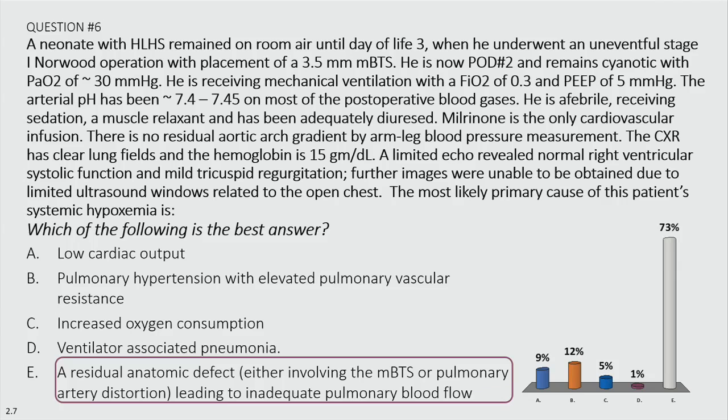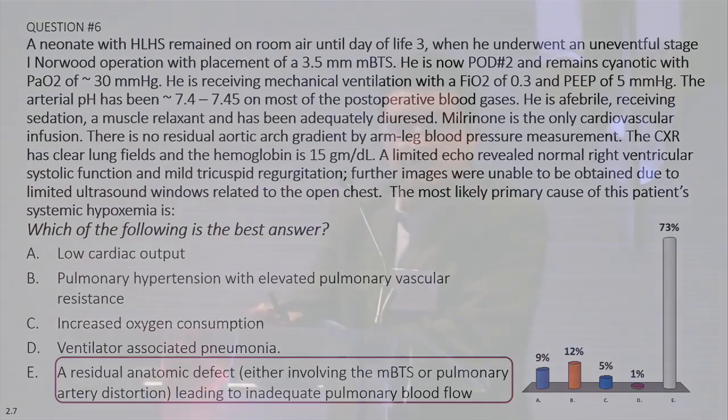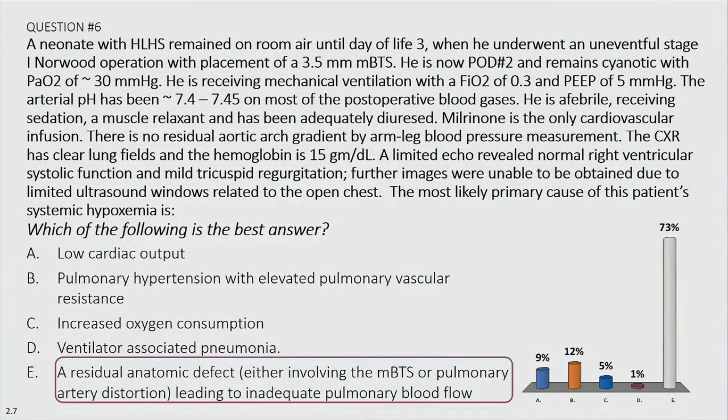Great. So there are a couple of ways to think about this question, and you can see there are several reasons why you'll be less concerned with adequate provision of oxygen content. The hemoglobin is 15, so you're well tanked up from that end. You're not acidotic. The FiO2 for now is 0.3, but by the time you get in trouble with a PaO2 of 30, you normally have cranked up the oxygen a little bit more. The fact that you see normal function goes back to the schematic that John put up